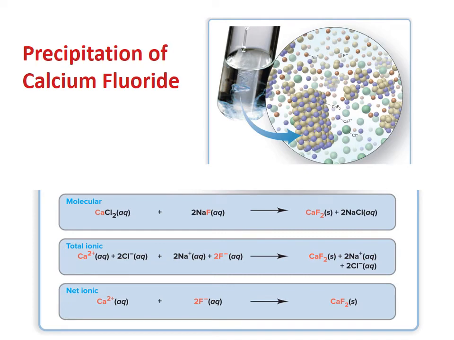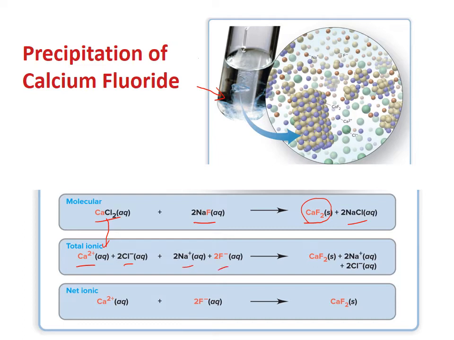Here is another example of a precipitation reaction. When calcium chloride and sodium fluoride aqueous solutions are mixed together, a precipitate comes out. The reaction is between calcium chloride and sodium fluoride, and the products are calcium fluoride as a solid and sodium chloride. In the solution, calcium chloride dissociates into calcium ion and chloride ion, and the sodium fluoride dissociates into sodium ion